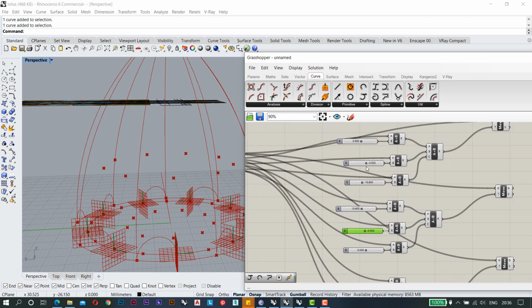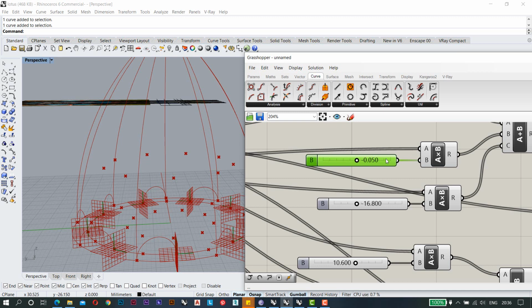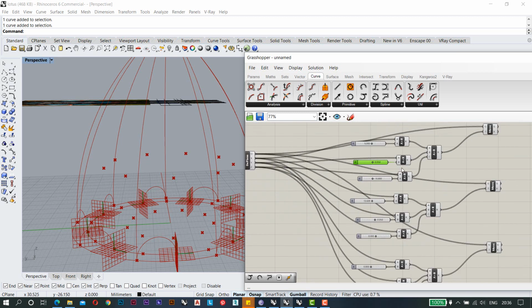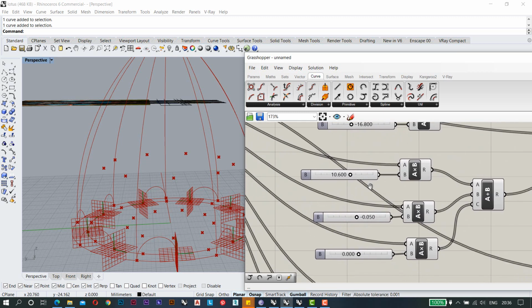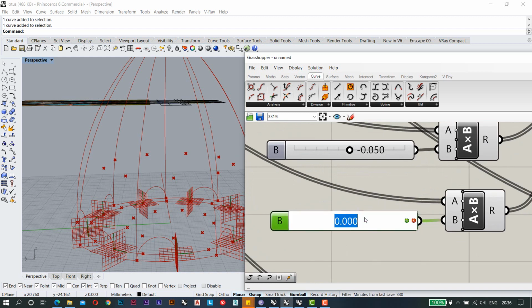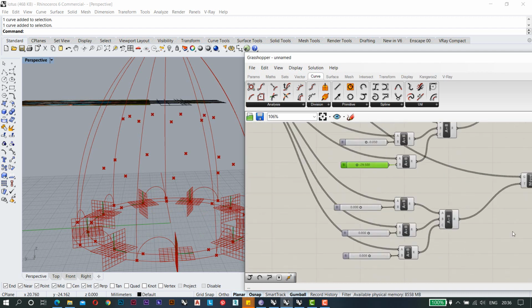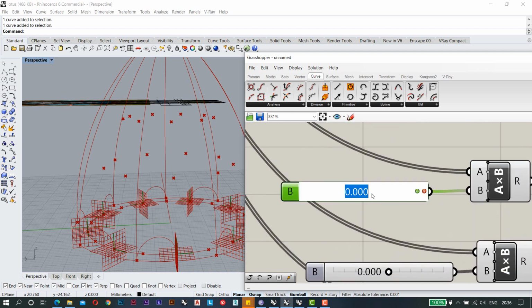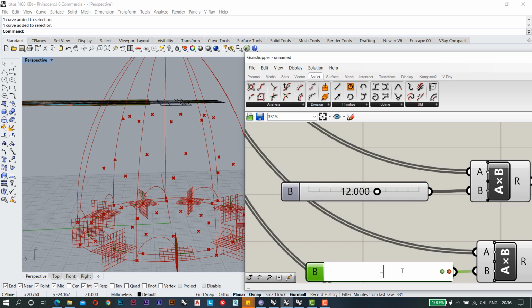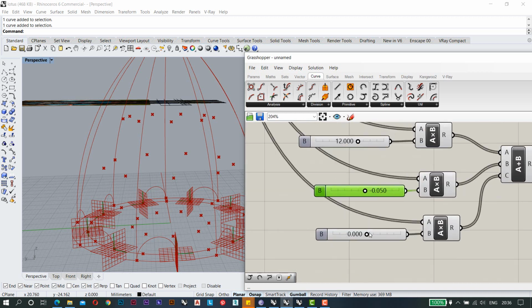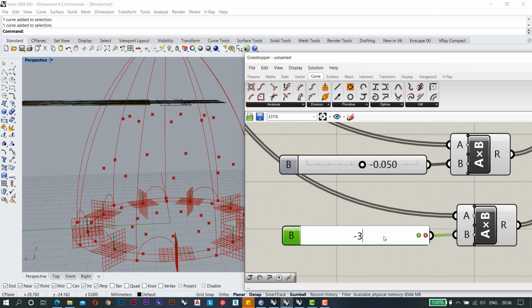As you can see, I am making the constant value for my y factor, and why it is so I will tell you later. So this is minus 29.5, and similarly I will make the values for the third point. This will be around 12, this will be again minus 0.05, and this will be minus 32.